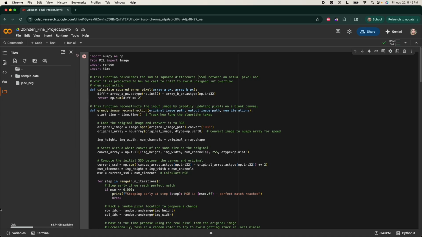Hi everyone! For my final project, I chose to rebuild an image using randomly placed pixels on a blank canvas, and I approached that with two different algorithms. One's just a simple greedy algorithm, and the other is simulated annealing. And I wanted to see how close I could get to replicating the original image and how fast and efficient